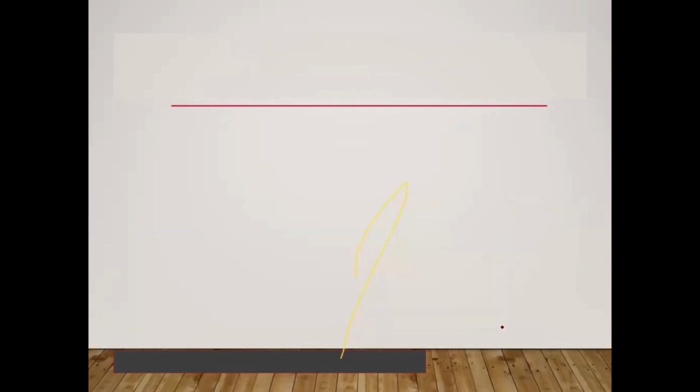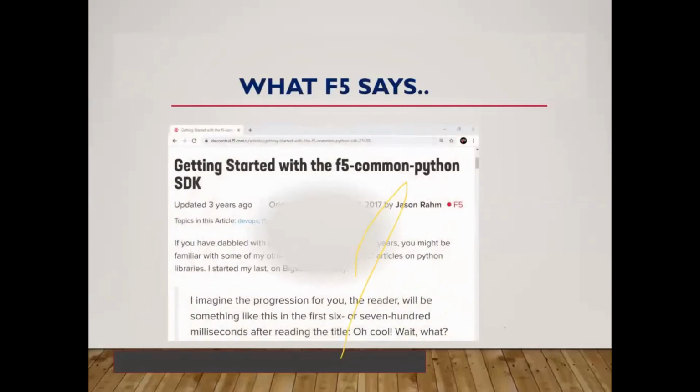If you are from F5, you can go to the internet and check how they are promoting F5 for the SDK, maybe for iControl, which is the REST API, by the way. The REST API of F5 is known as iControl. When I say iControl, it means we are controlling the device through the REST API. Now